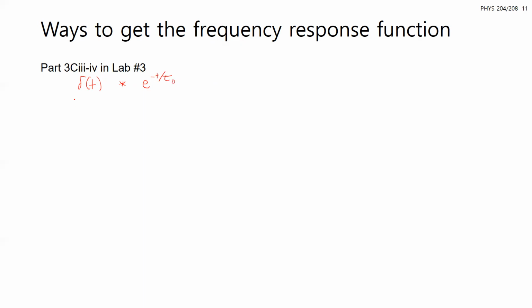Visually, it looks like just a quick cartoon: you have your delta function, you're convolving that with your exponential decay, and this would be your IRF, this would be your delta, and then what your output would be